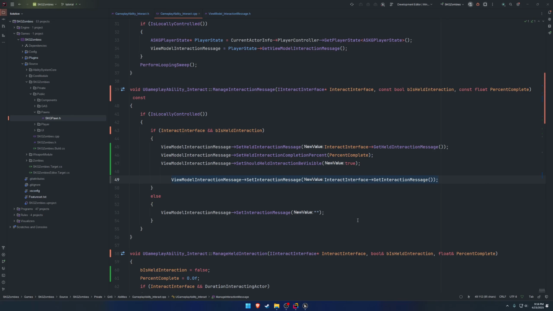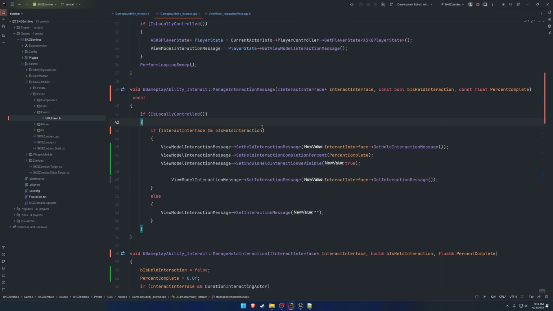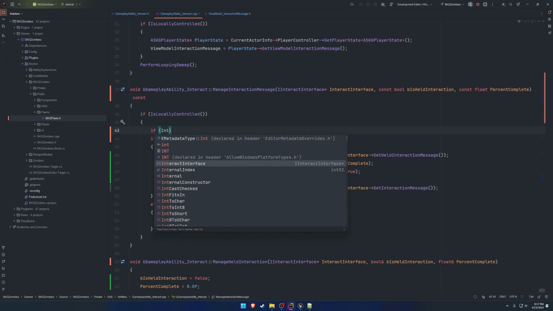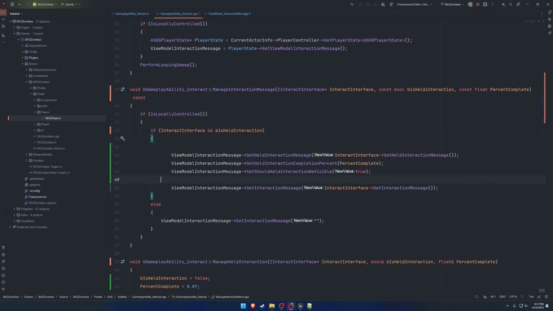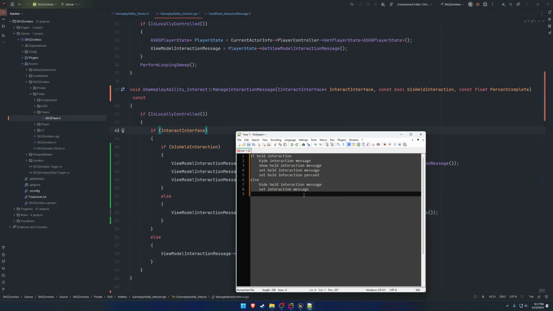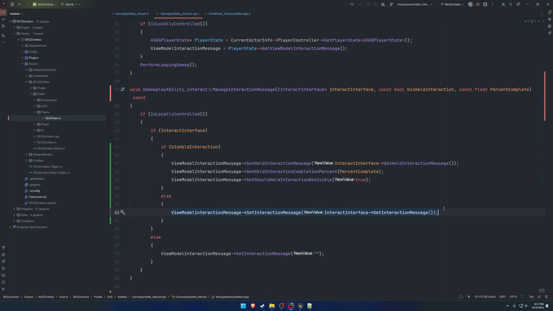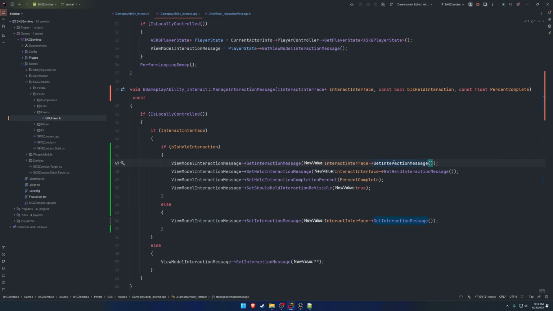All right, I need to think. My brain's kind of off at the moment. Okay, so I'm going to just keep this simple. So let's go ahead and just wrap an entire check of if it is just flat out valid. So if the interact interface, just like we had it before, actually, I can Control Z, is valid, then we want to go ahead and do our check. If it is a held interaction, where we hide the interaction message, so we need to clear this out. So let's set it to nothing,